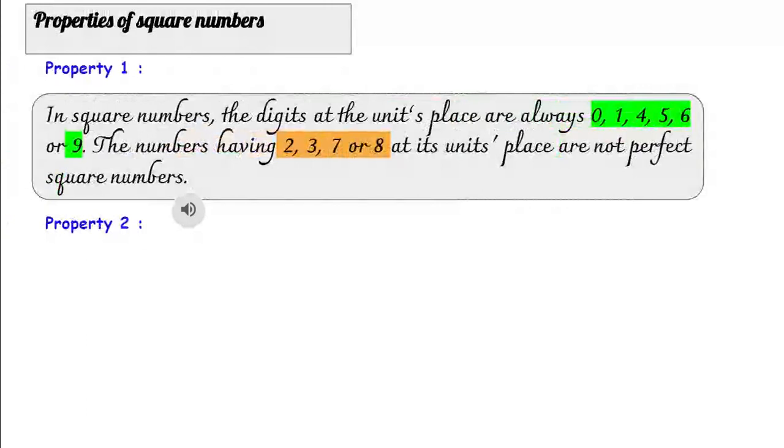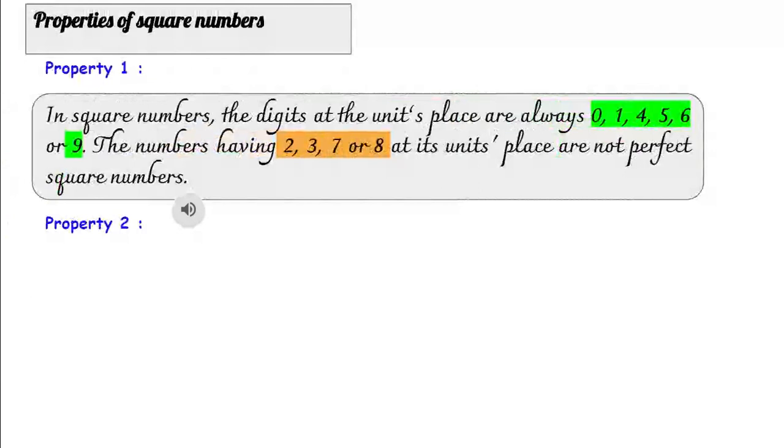The square of 1 is 1. Square of 2 is 4. Like the square of 11 is 121, so the unit place is coming 1. 4 fours are 16, the unit place is 6. 3 threes are 9, like 13 into 13 is 169. So if it is 3 in the number's unit place, then the square number will end in 9. Like that, 0, 1, 4, 5, 6 and 9 come in the unit place of perfect square numbers, while 2, 3, 7 or 8 never come at the unit place of a perfect square number.